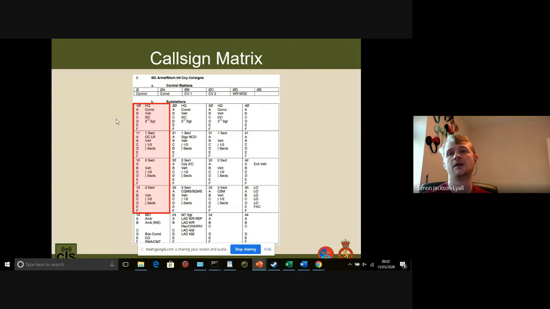So at the top of that, you can see the HQ element. That's the 1-0 element. And obviously within HQ, you've got multiple people. So you've got the platoon commander, the commander of 1 platoon. You can see them here. They're going to be 1-0, and they're going to have Alpha at the end. So they're going to be 1-0 Alpha because they're the 1 platoon commander.